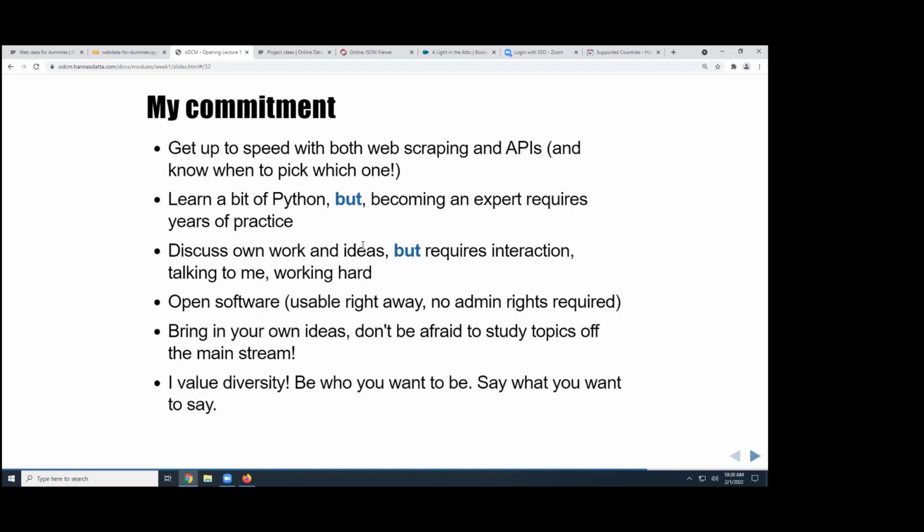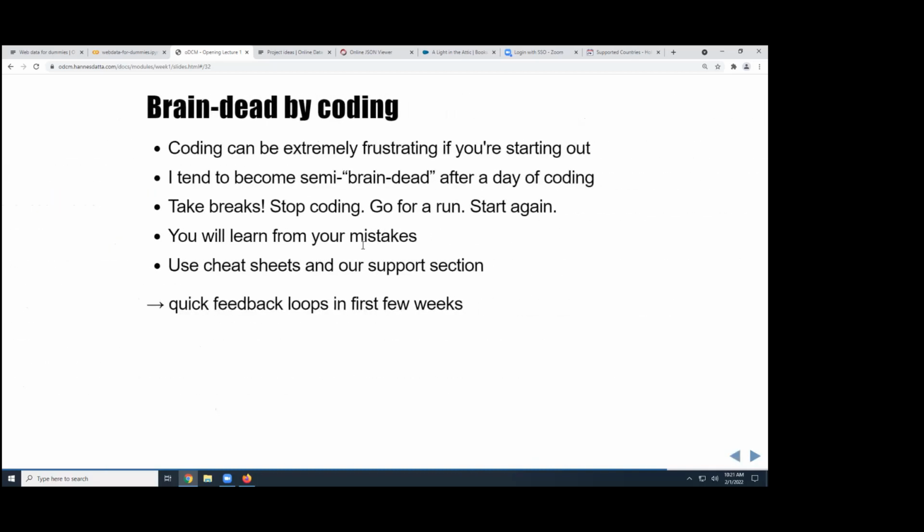So just follow where you have a gut feeling and talk about it, be open. I hope that we can have such a climate. That would be really, really cool. I have to warn you, eventually you're going to be brain dead in this course within the first week or two, because coding can be so frustrating. It's like